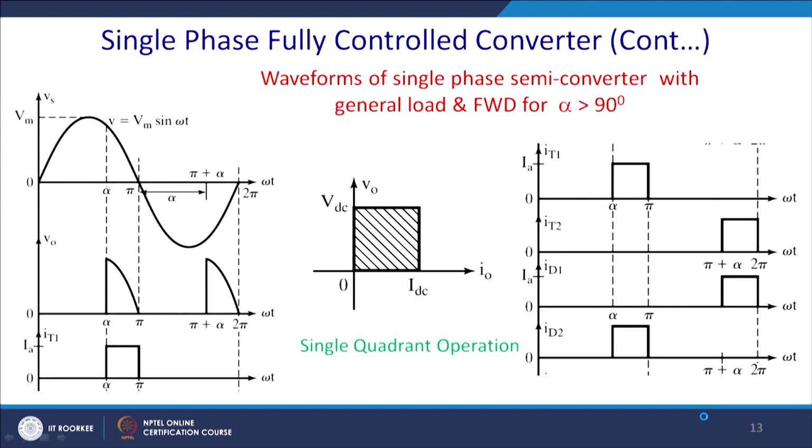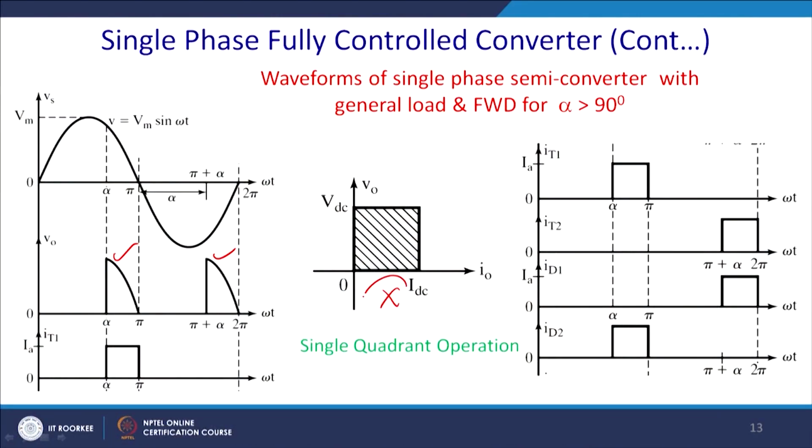So, see what kind of voltage waveform you will get. You have triggered here, this is your angle. So, ultimately you will get a voltage like this, and please see that the diode comes into the picture. So, a negative voltage is not possible, because the diode will conduct and freewheel, and this negative voltage part is omitted. So, you only get the first quadrant operation, that is the rectification or converter operation.